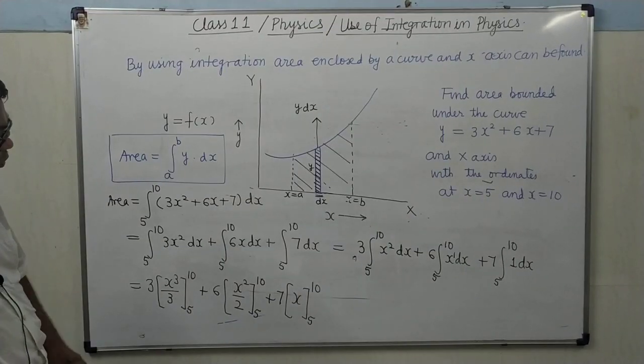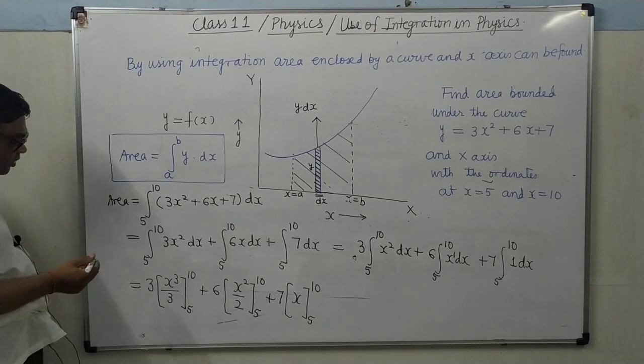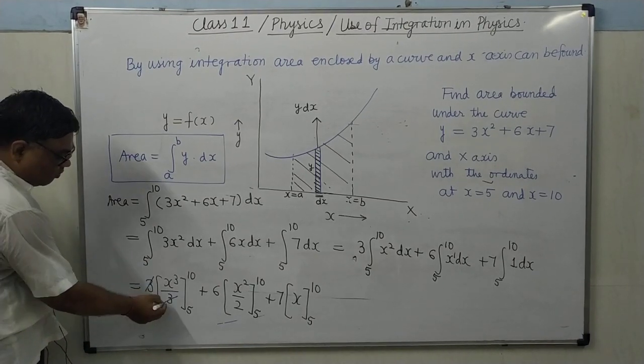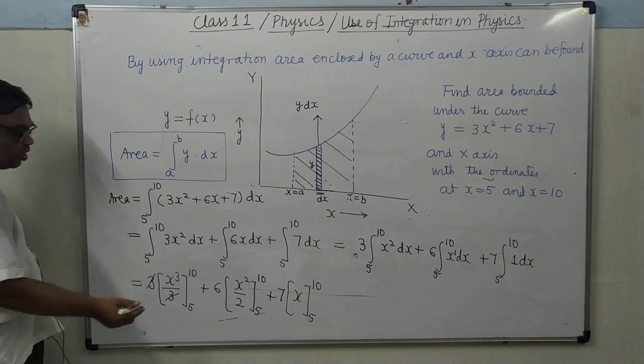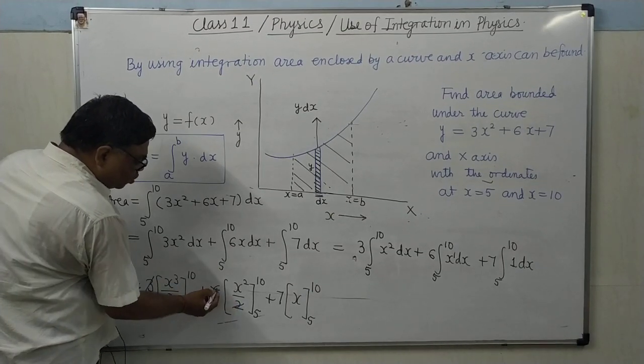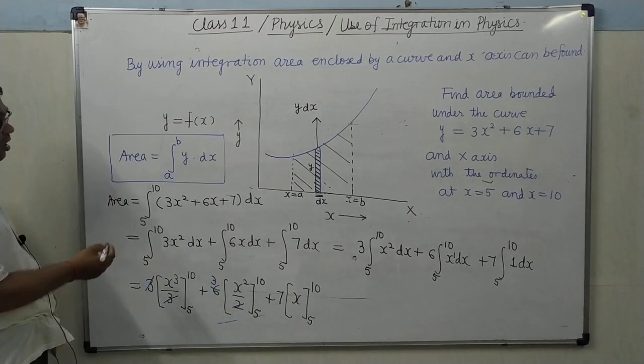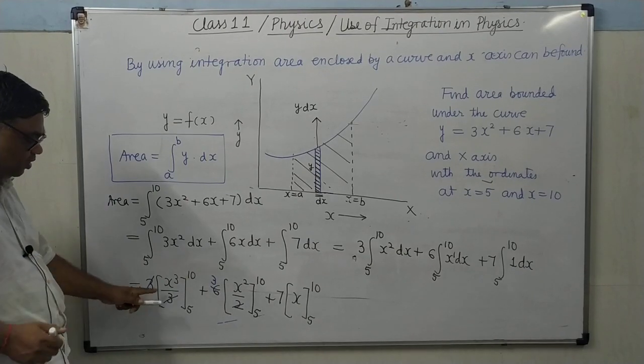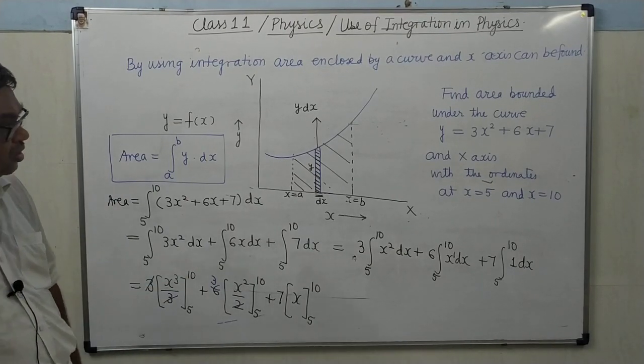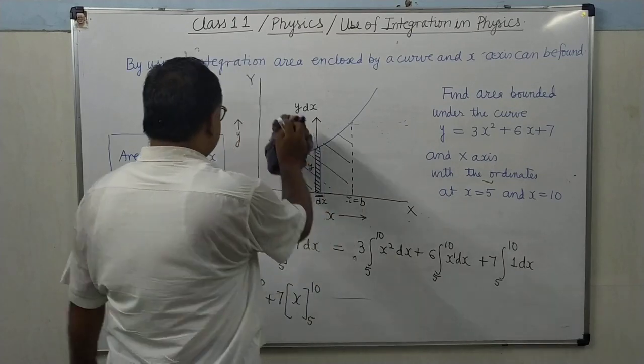Now how will you solve it further? So you can see here 3 and 3 will be cancelled out because you have to take it out common. 2 1 ja, 2 3 ja. It's clear. Now evaluate these. You have to evaluate this. So how will you evaluate? I am writing here